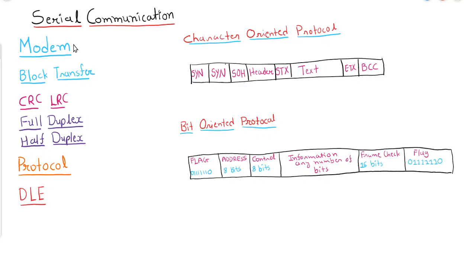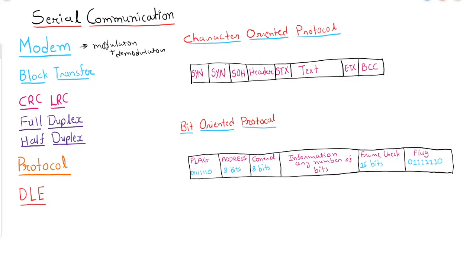So, modem. Now you might be aware of this terminology. Modem means modulator plus demodulator. Normally this is used with the telephone line. Whenever you are trying to transfer digital data over an analog channel, the digital data should be converted into analog format.